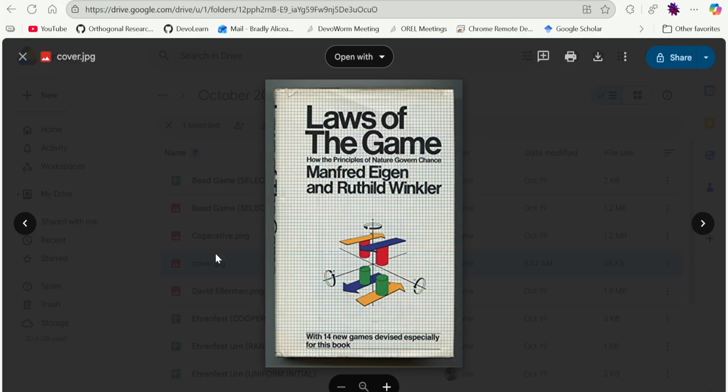So Manfred Eigen, of course, was the pioneer of things like the hypercycle, but he also had this interest in game theory where you can play these games that mimic things in biochemistry or in physics, and you can have different strategies for playing them. In this book, one of the types of games he talks about are these bead games, where you have beads on lattices. Like we talked about in the meeting, these lattice methods that people use for modeling, and you can model different types of scenarios on that kind of board. It's not quite like the game Go, but it's a similar principle.